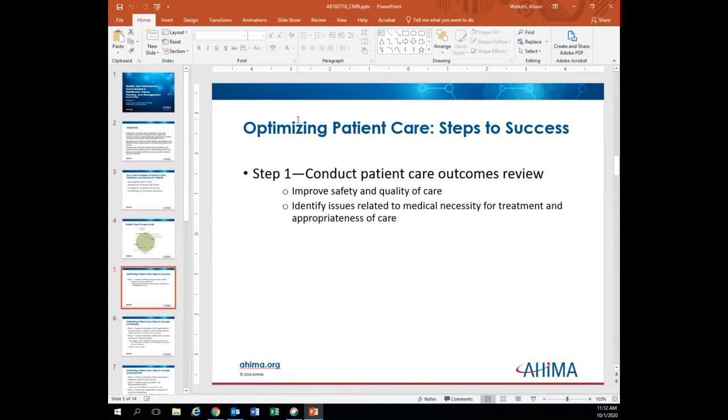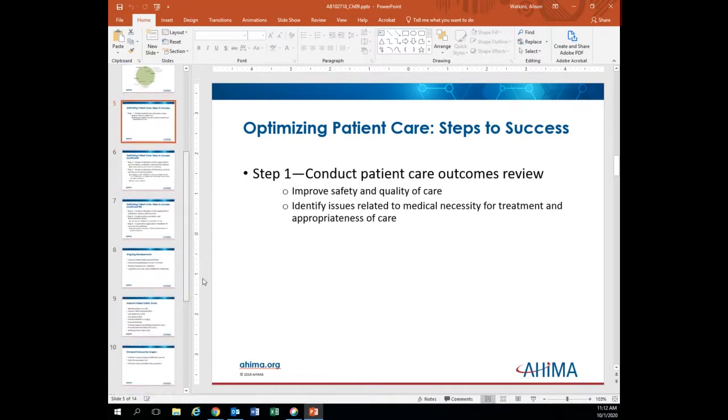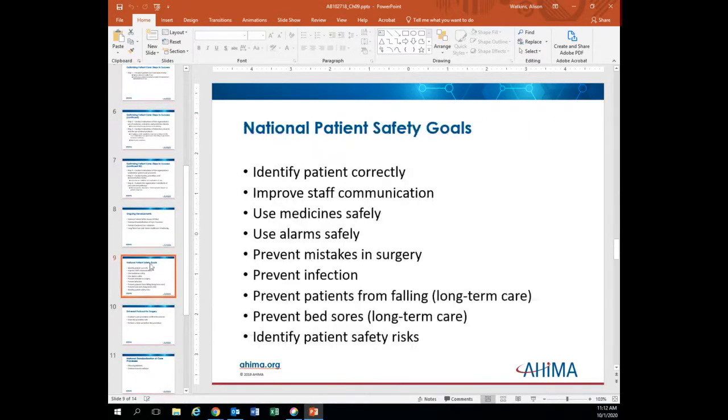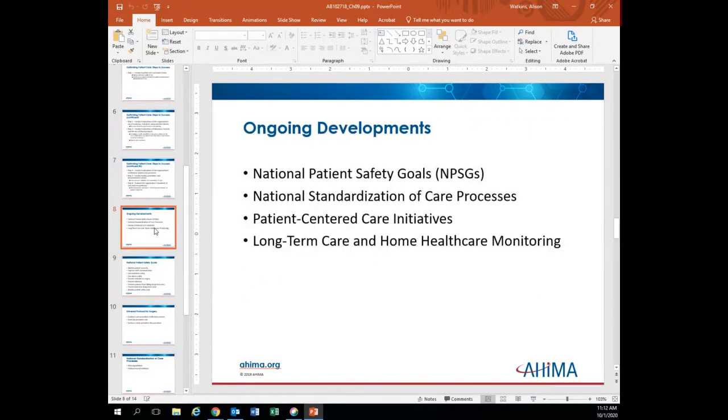National standardization of care processes. In this little section, it says the evaluation of patient care across all settings is extremely difficult, because think about all the different moving parts of a facility, and having everybody working in the same direction can be quite challenging. So these national standardization of care processes go on to say here, the expectation is that healthcare will be